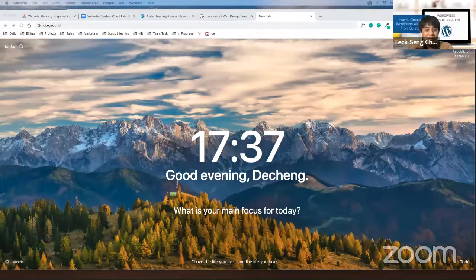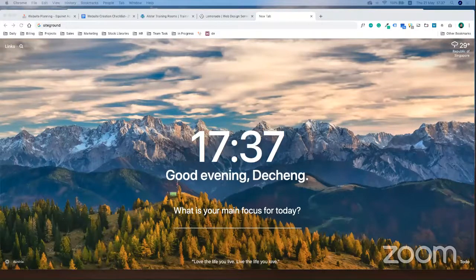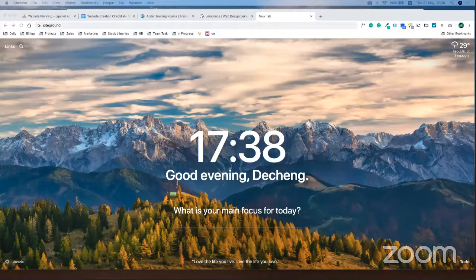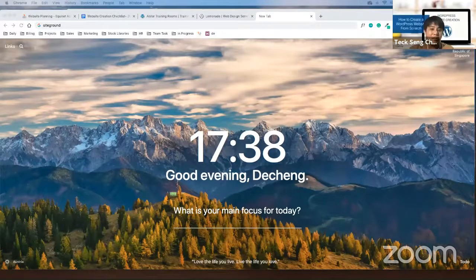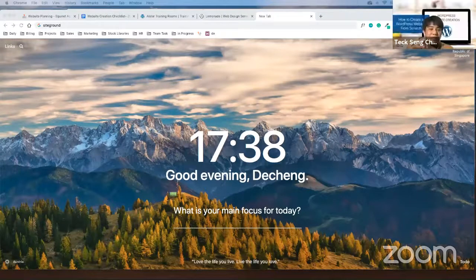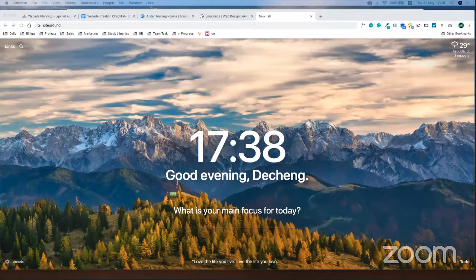Should I be waiting now? Yeah, sent already. Okay, you should receive it. But Andrew, this is not from SiteGround, right? This is the one you already installed. I think during the last class you followed the steps, then you got it installed. This is your WordPress already, not in SiteGround. You get what I mean? You already bought SiteGround, then you installed WordPress. I thought this WordPress is from SiteGround.